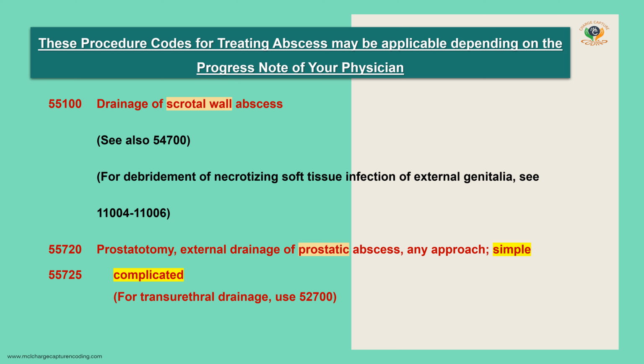Codes 55720 and 55725 are used for reporting prostatotomy. 55720 for simple and 55725 for complicated. The prostatotomy procedure is that which involves making an incision into the prostate gland to drain an abscess. Our code selection is based on whether the procedure was simple or complicated, as documented by our provider. A complicated prostatotomy would involve excess bleeding or other factors that